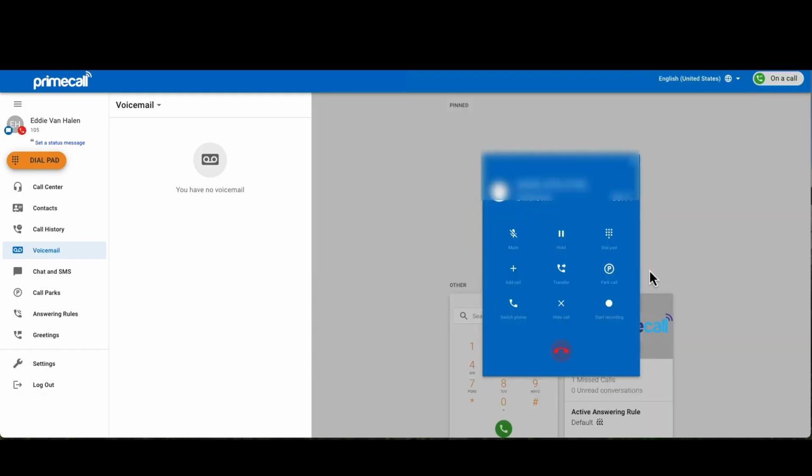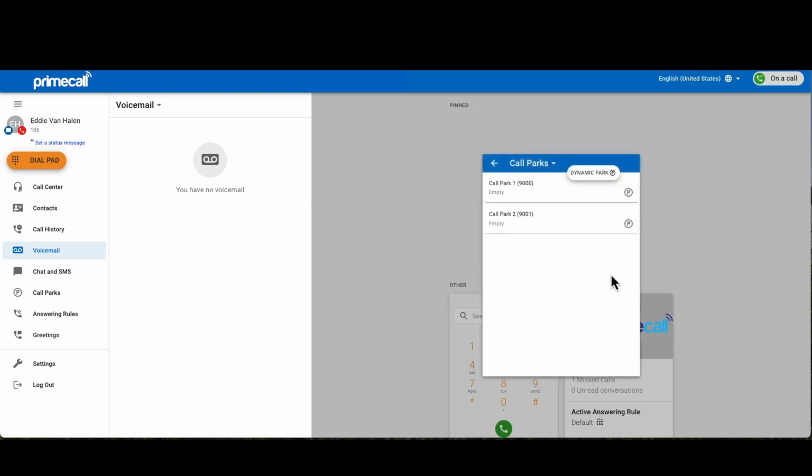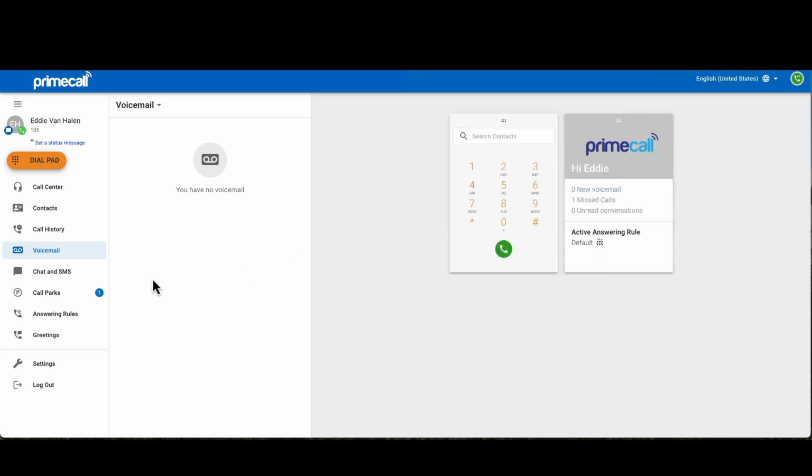If you would like to place a call in one of your call parks, select Park Call. Select which call park you would like to add the parked call to. On the left side of your screen, you can access the Call Park section to retrieve the call from Call Park. Simply select the phone icon